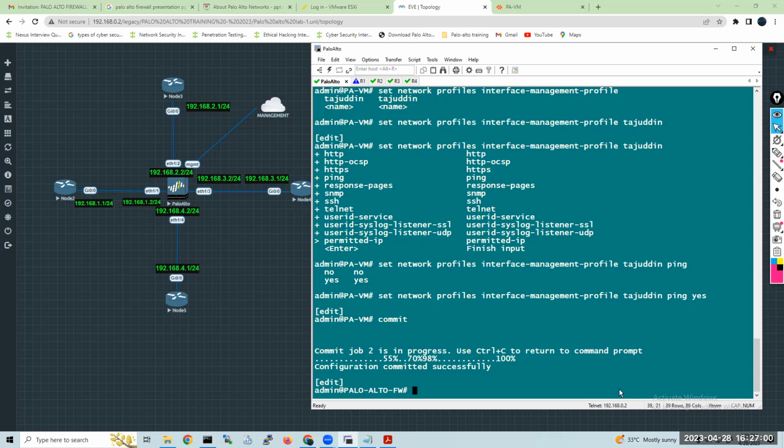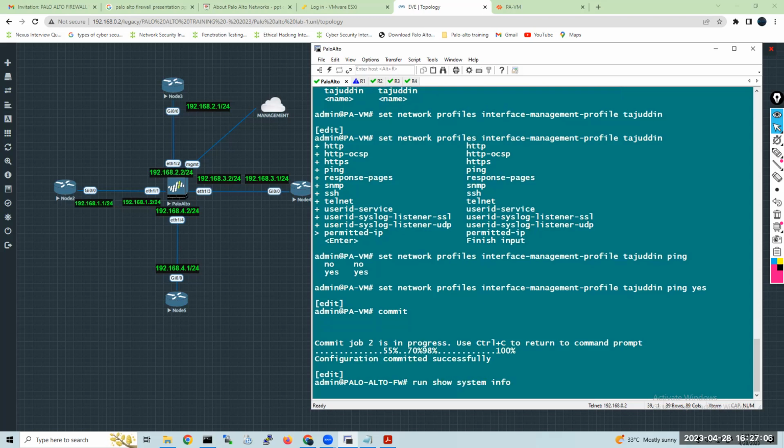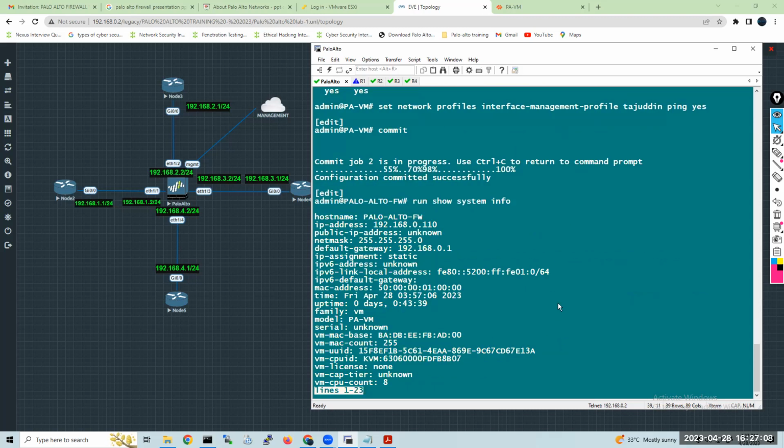Right now, if you run show system info, this is the IP address you have given. This is the Palo Alto management IP address, and this is the gateway. We have assigned it statically, not defined by DHCP.